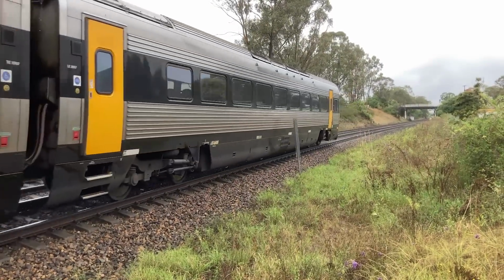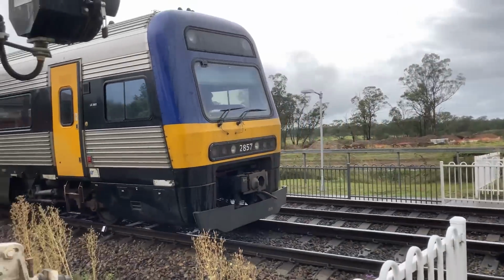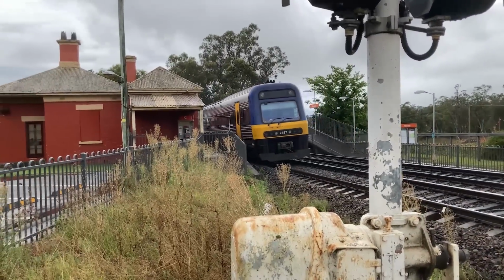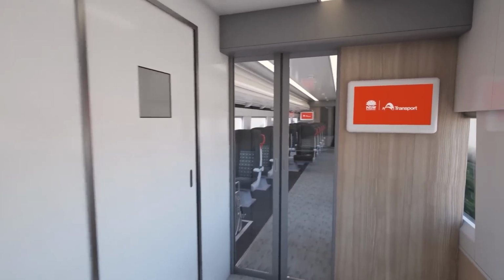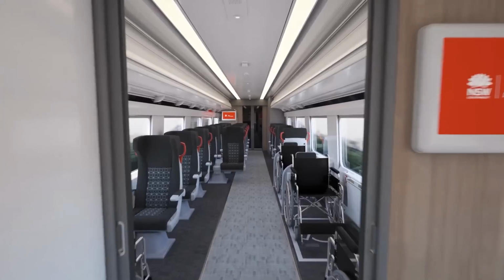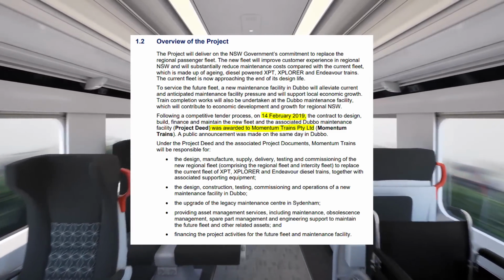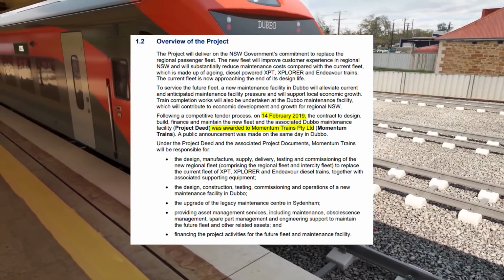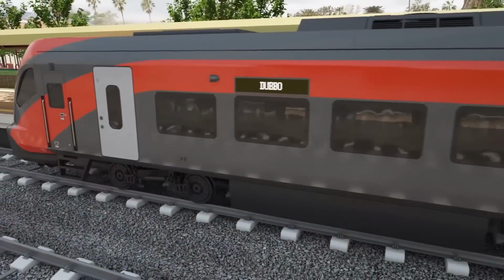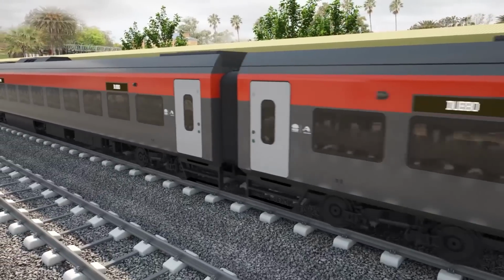The age of the XPTs triggered the Baird coalition government to commit to finding replacements if they were re-elected in 2015. They were, and in 2017 the programme was expanded to include replacements for the Explorers and Endeavours. Finally, in 2019, a contract was signed with a consortium comprised of CAF of Spain and 2 other smaller Australian groups. The order with CAF included 117 cars from the Civity family, with 10 6-car sets to replace XPTs on